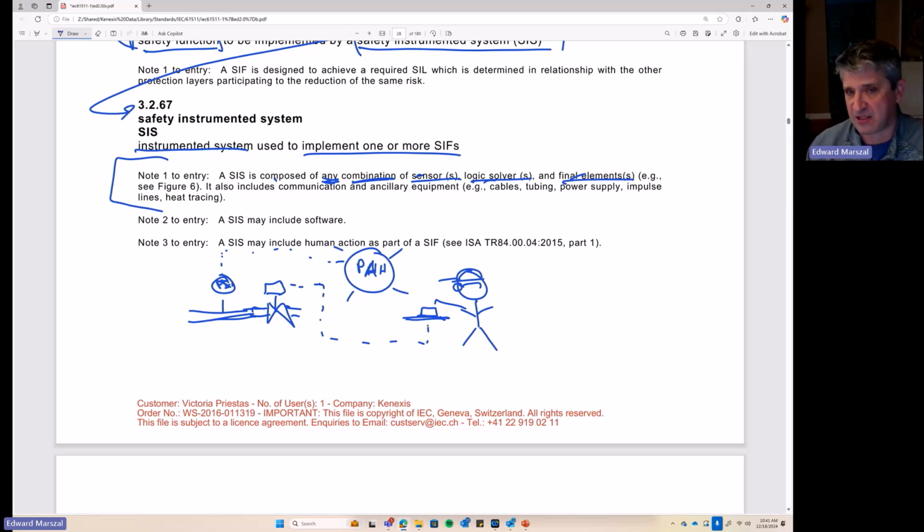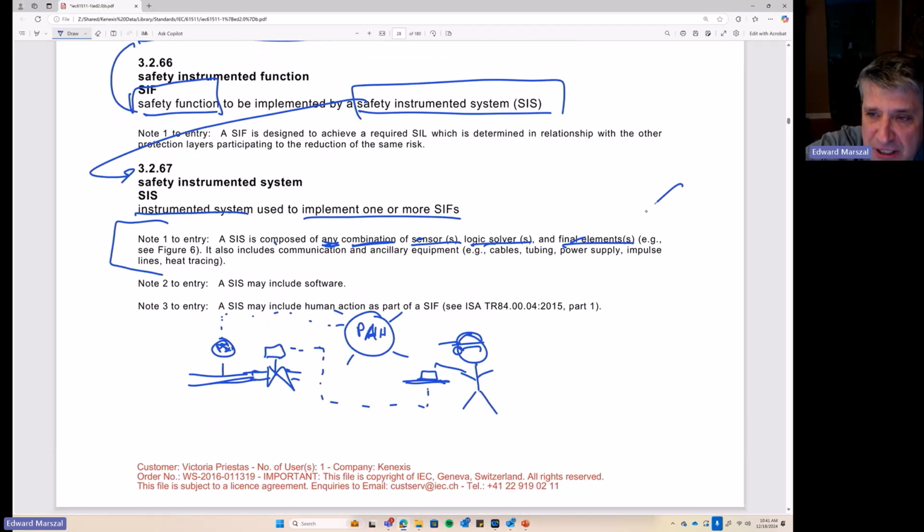When we were talking about this in the ISA 18 or IEC 61511 committee, all the committee members said, gee, I wouldn't consider this a safety instrumented function. But if you look at the definition, well, I've got a switch, I've got an alarm, I've got a push button, I've got a valve. That combination is a combination of equipment that's performing a safety function. So there are people out there who will treat this like a safety instrumented function.